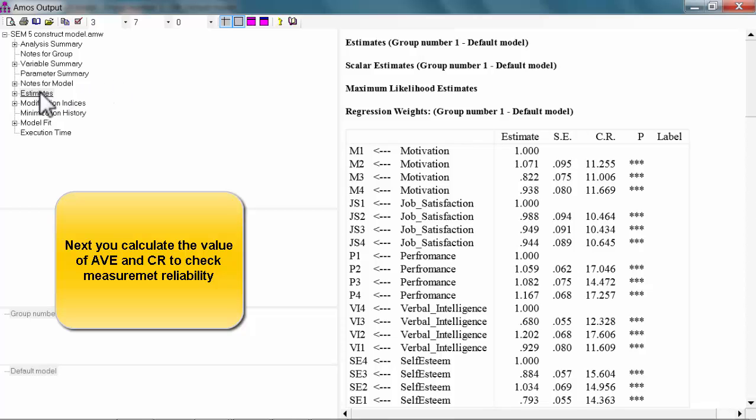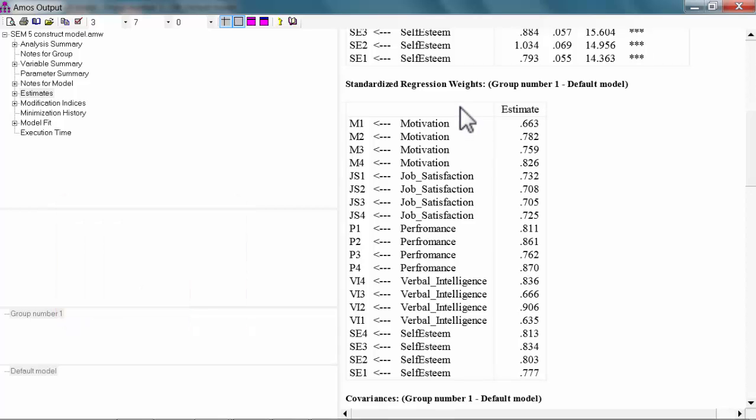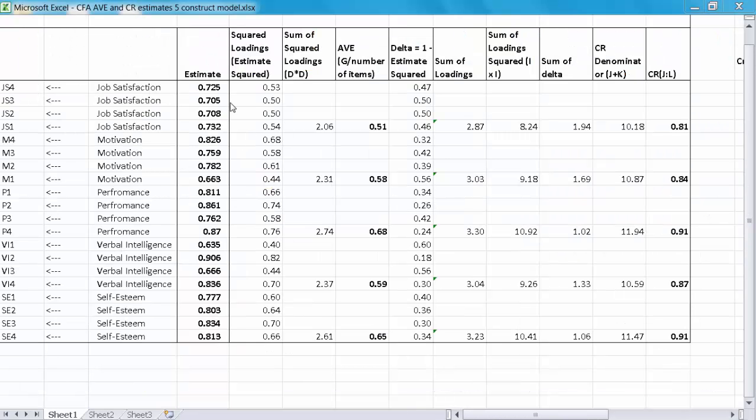What I'm going to do now is to try to calculate CR and AVE to see if the measurement is of acceptable quality. I'm copying the standardized regression weights into my Excel spreadsheet, and I am just going to replace this column on my spreadsheet. I'm just going to paste them in my spreadsheet, which recalculates things for me. So I have just patiently copied and pasted all estimate values so they match my indicators, and here is my